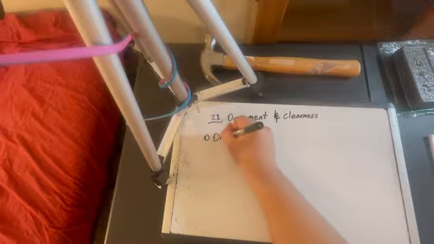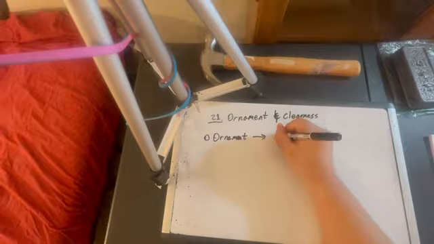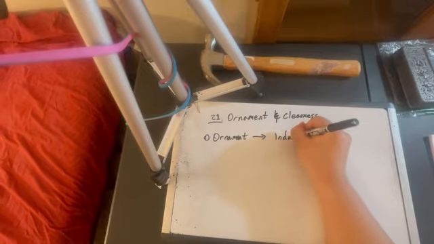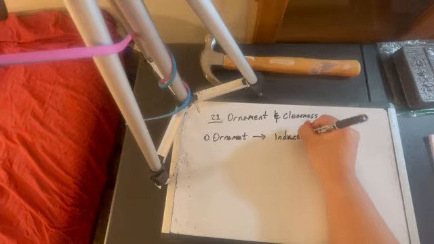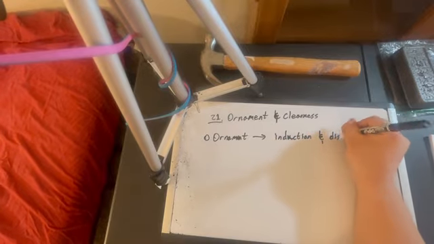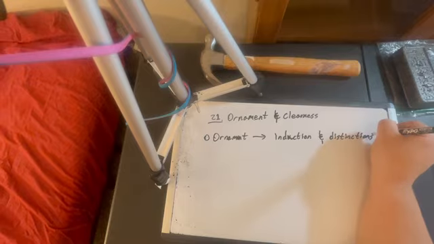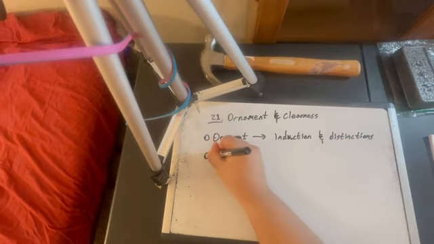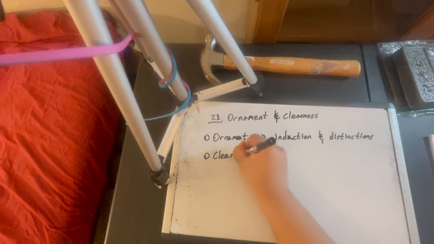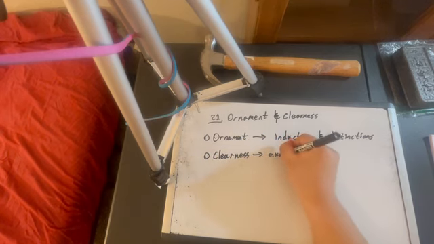So we have ornament through induction and distinctions, clearness through examples